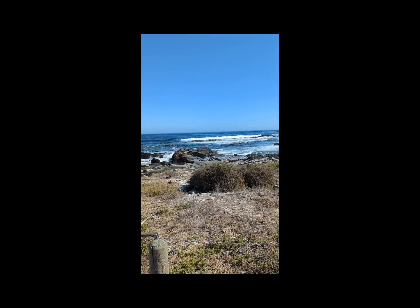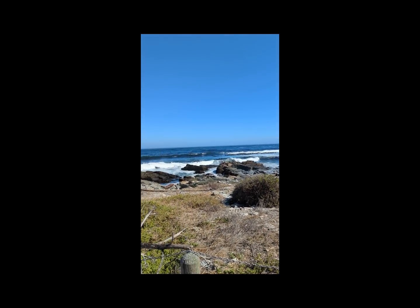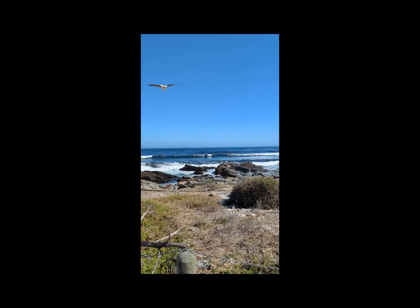This is Nelson Mandela's cell, where everybody's cells are very tiny. Beautiful view, but the waves are pretty aggressive here, so it would take a lot to want to jump in